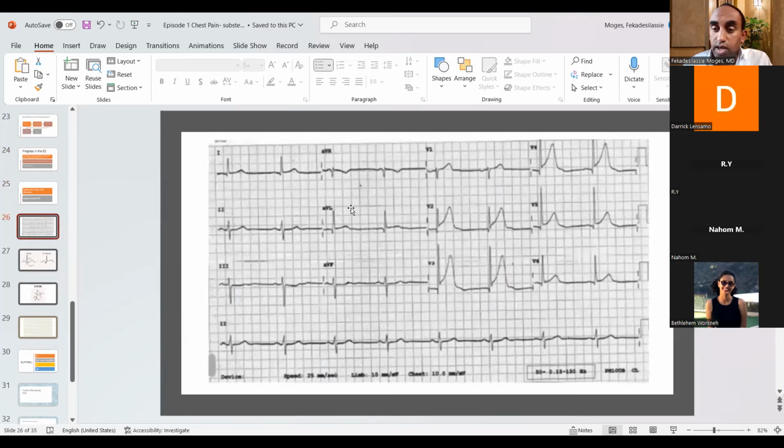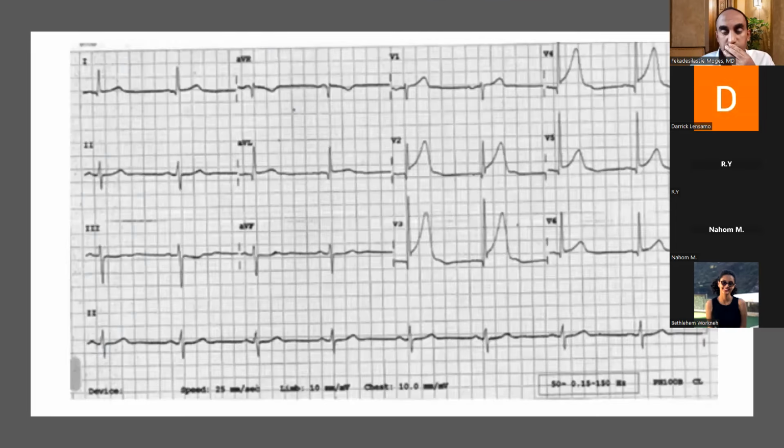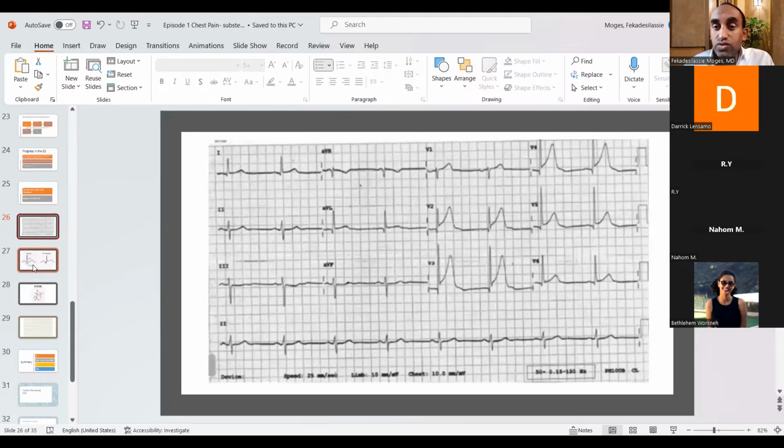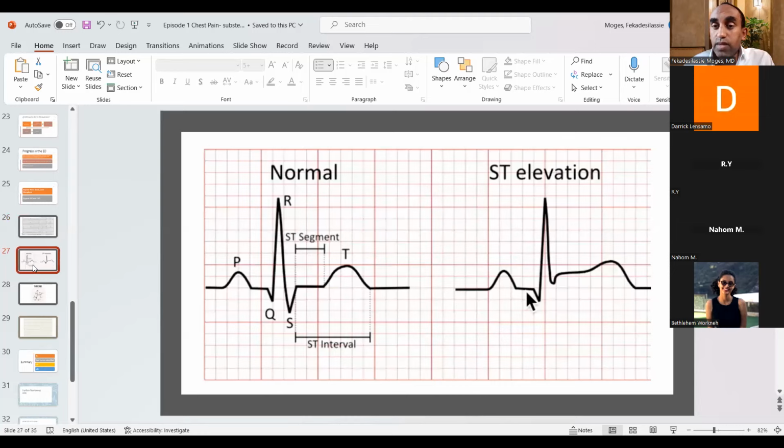And bingo, here is a surprise. What do you have here? ST elevation. ST elevation MI, you can see ST segment elevated. So anterolateral MI is hooking. Most probably the left anterior descending artery is completely blocked. It's potentially fatal because most of the left ventricle is going to be affected. So that's why I said not only the patient, but the physician should also start panicking. You have to plan for something.